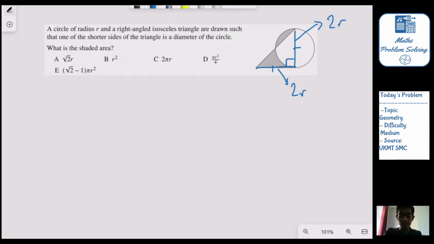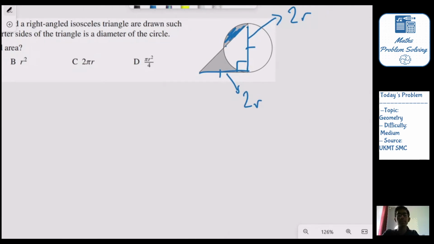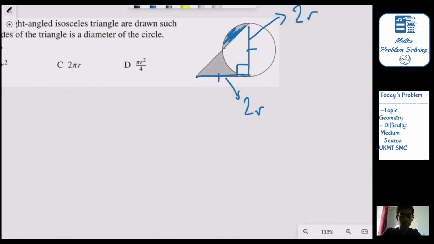Before we proceed any further, we need to think about how we're going to solve a question like this, because we could work out the area of this triangle, but that would probably add more complications, since we'd still need to work out the area of this segment. But there is actually a bit of a trick involved with this question. If we just remove this,